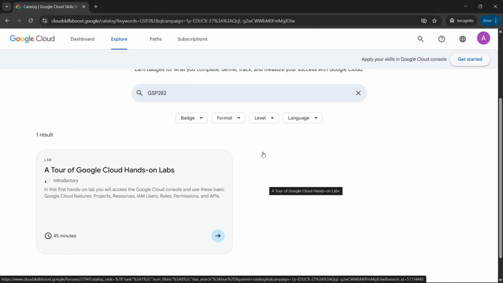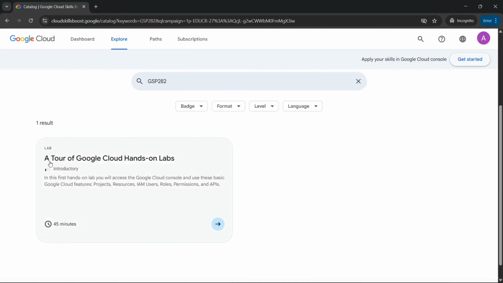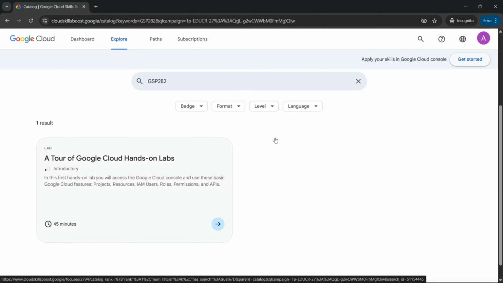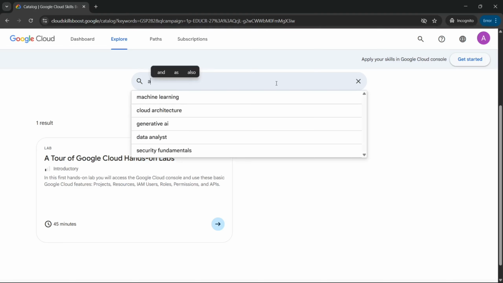Alright, now that you've got your 9 starting credits using the access code, let's talk about the first lab because this one is the key to unlocking your 600 free Google Cloud credits, so make sure you follow every step correctly. Head over to the Google Cloud Skills Boost platform. There will be a lab called A Tour of Google Cloud Hands-on Labs, or if the lab is not shown there, then you can search for it or just click the link shown in the description. Go inside the lab.